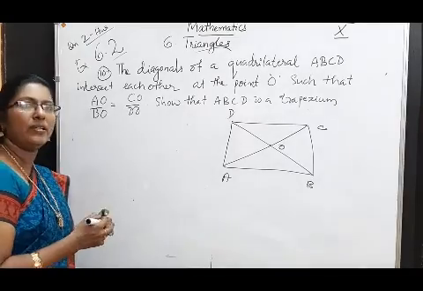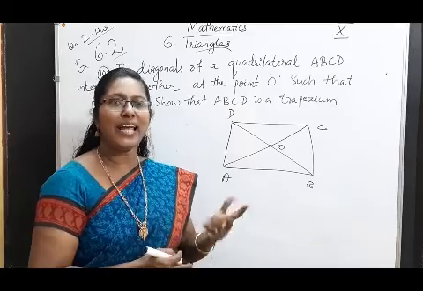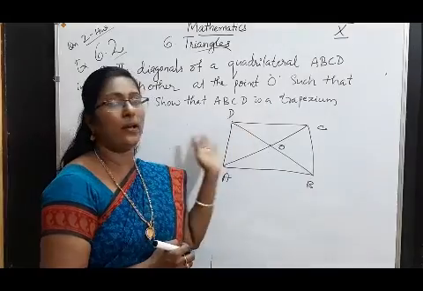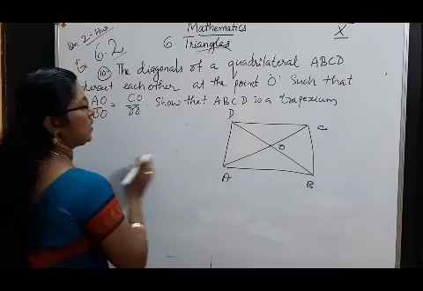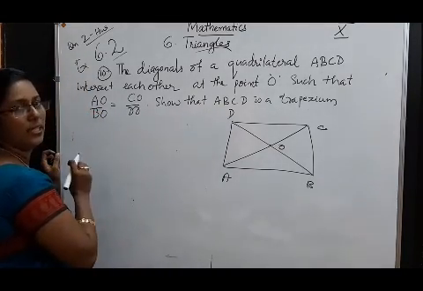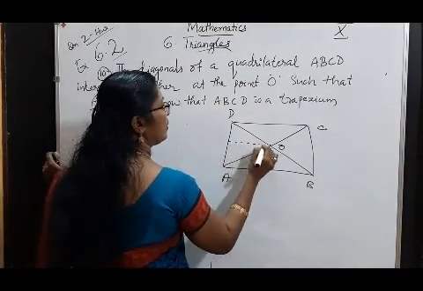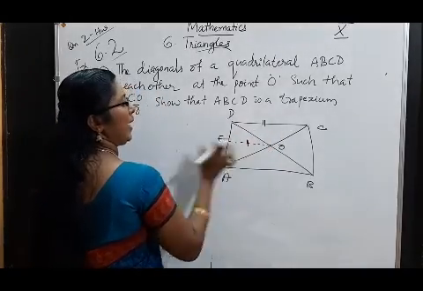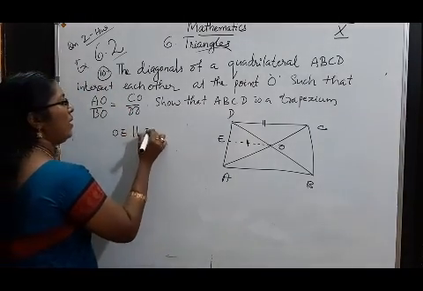What is trapezium? In a quadrilateral, a pair of opposite sides are parallel. That type of quadrilateral is trapezium. We want to prove any one pair of opposite sides is parallel. Here, construct a line parallel to DC. I am going to construct a line parallel to DC. The line is OE. OE parallel DC